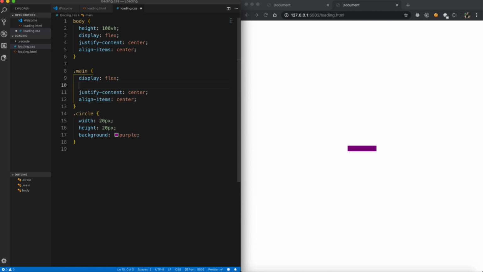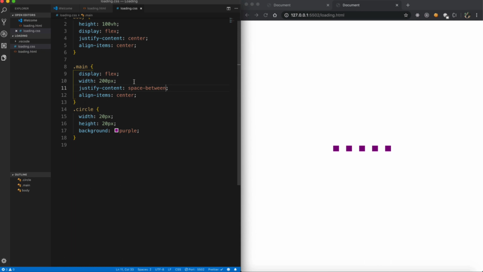And I'm also going to give this a width of, let's say, 200 pixel, right? The reason I'm doing that is because right now it's all sticking to one another, right? So justify content, I'm going to give it space between, so that there's some space between them and we can see them separately. So for that reason we have given width right here. If you increase the width, you will see how the space between these increase, right? So 600. Okay, let me change it back to 200.